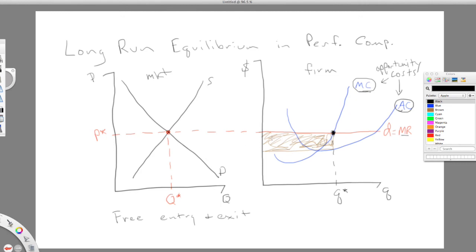over here, right? So this particular picture as it stands right now shows profit. We use the Greek letter pi for profit sometimes. Profits that are positive, bigger than zero. So over here, that's going to pull new firms into the market. And as new firms enter the market, the supply curve is going to shift to the right. So we have entry, call that S prime, that shifts the supply curve to the right. So that's entry